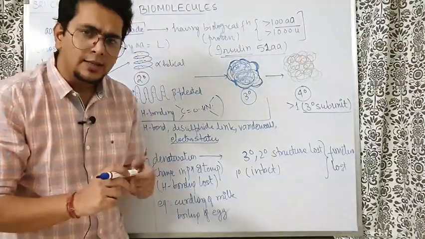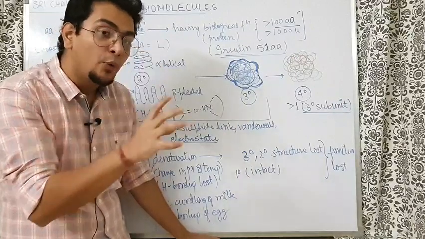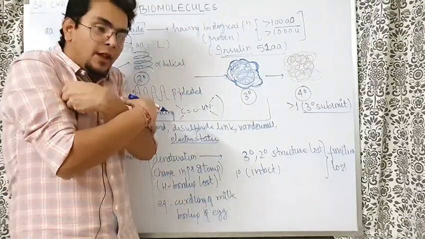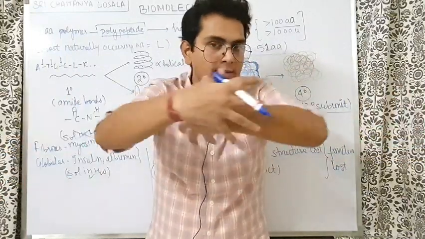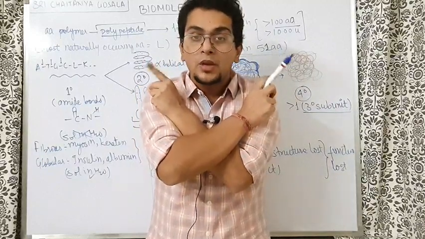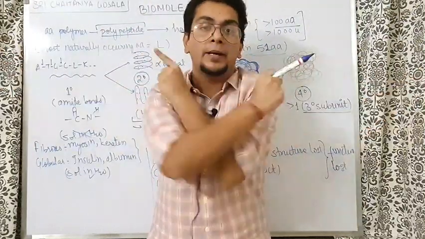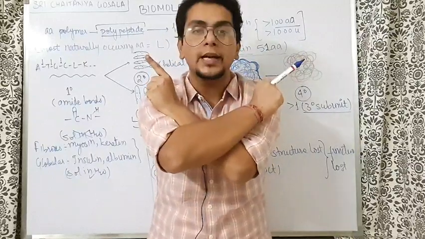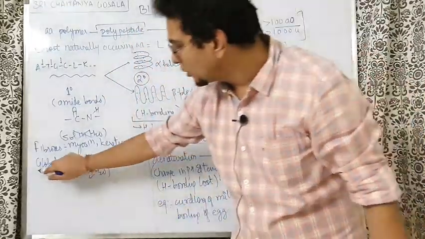So what they do very smartly, all the water soluble groups, all the basic and acidic groups, all the highly polar groups, they project outwards, and all the hydrophobic groups they hide inside. For example, this was the whole amino acid chain. This part was the hydrophobic part. I have hidden this inside, and what did I project outside? Outside I just projected the hydrophilic part. So the whole protein has a hydrophobic part also, but hidden inside, and the hydrophilic part is projected outside. Because of this outside part, the whole protein becomes soluble in water. Smart decision. And this is how you get the globular protein.